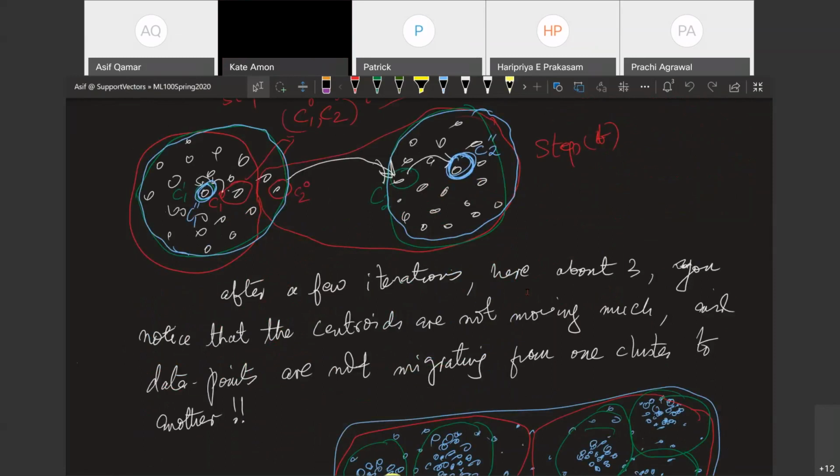Instead of the average, the middle guy, and so forth. So that would be the medoid clusters. You can, instead of mean, take the median. We all know what medians are.